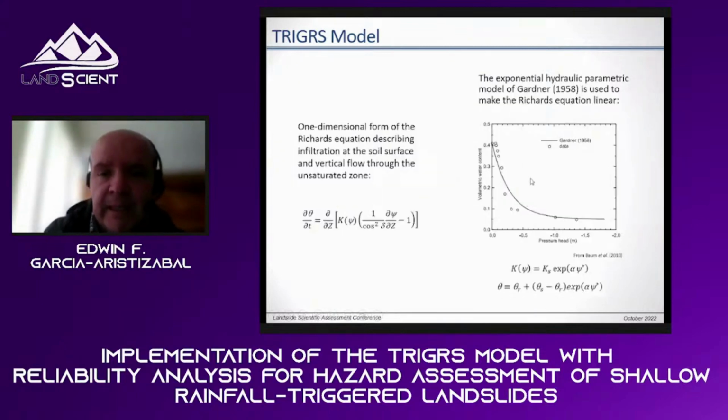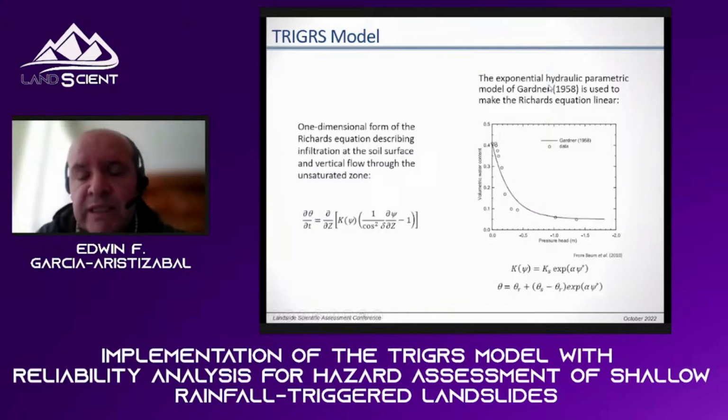Finally, to describe the exponential relationship between the negative water pressure and the volumetric water content in the unsaturated soil, the program uses an exponential hydraulic parametric model proposed by Gardner. It's a very simple model. It makes a linearization of the Richards equation, so it's possible to have exponential functions of the hydraulic conductivity and the volumetric water content to be implemented